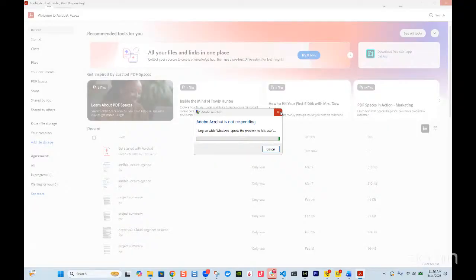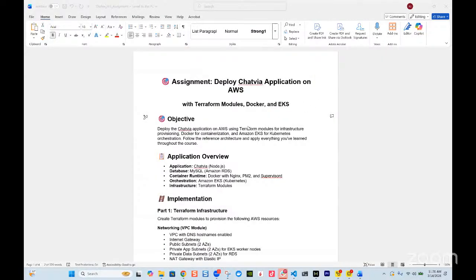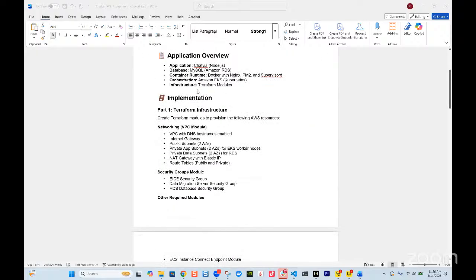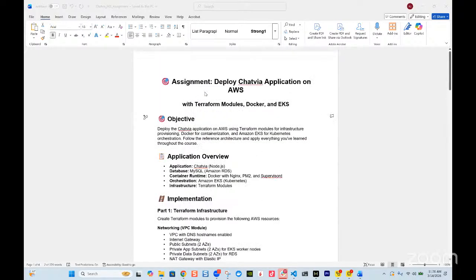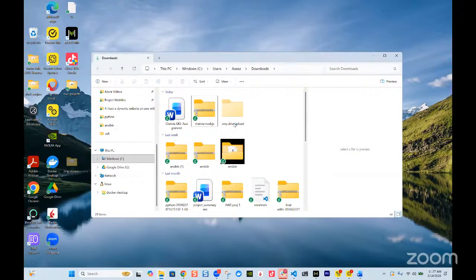Anyway, maybe I'll just give you guys this doc. If you don't have Microsoft Word, you can open it with Google Docs. That one is free. Just import it into Google Docs and open it. All right, let me create the folder and I'll put everything in.